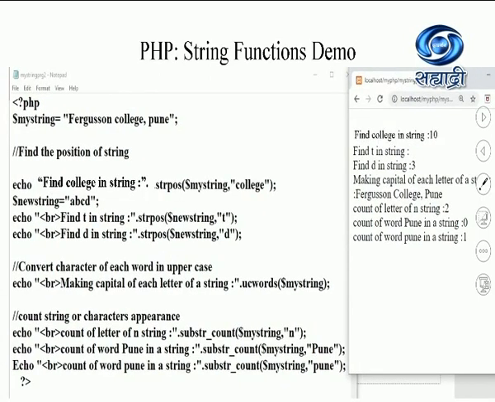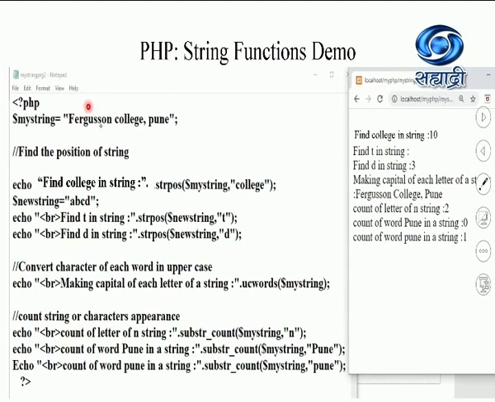Students, let us learn some more string functions from this slide. Here again the same string I have taken, Ferguson College Pune. I want to find out the position of college in this string. So I have used the string position function over here. String position function takes 2 parameters. The first parameter is the original string in which you want to search, and the second is what you want to find out. Students, this you may accept from the user or you may pass directly the value. Here I have passed the value directly, as I want to find out the position of college in this string. So the position of the college word is the 10th position.